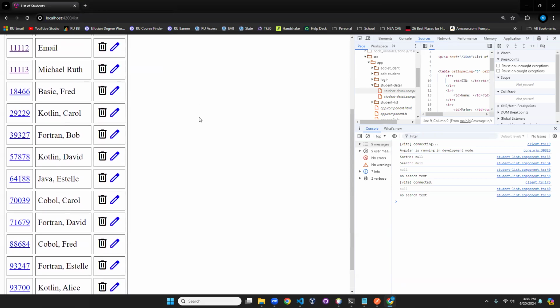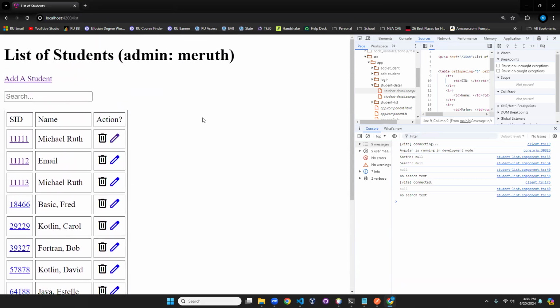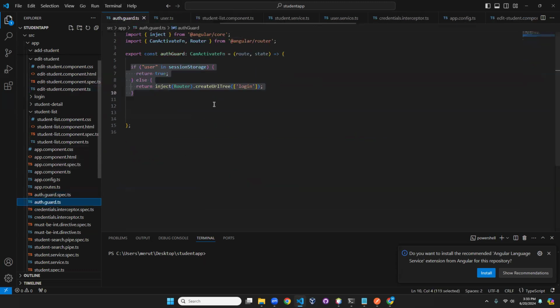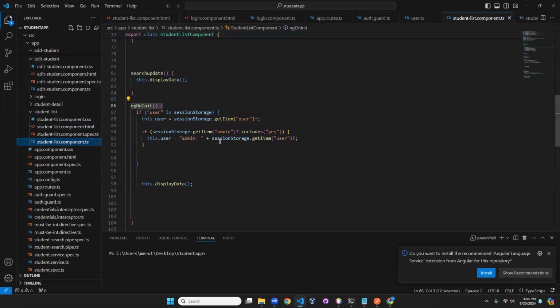What if I wanted to do some other things, like if I was admin and I wanted to be able to manipulate the list of users? I just need new endpoints. Now the difference there is we probably want an additional guard. We have an auth guard, as you see, that just checks to see if your user is there. It doesn't check specific users, doesn't check anything like that. That's all it does. What we could do is create a new guard that checks to see if your admin is yes, just like we did in any one of these other components. We did this frequently. If admin equals yes,